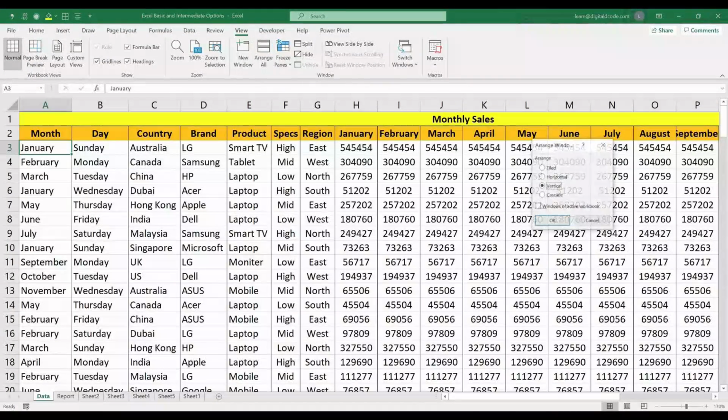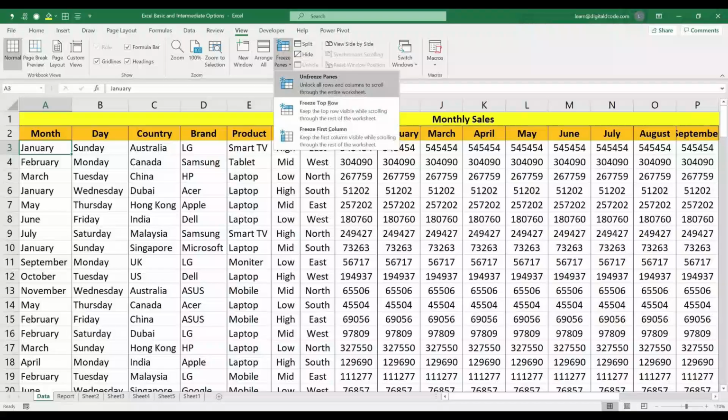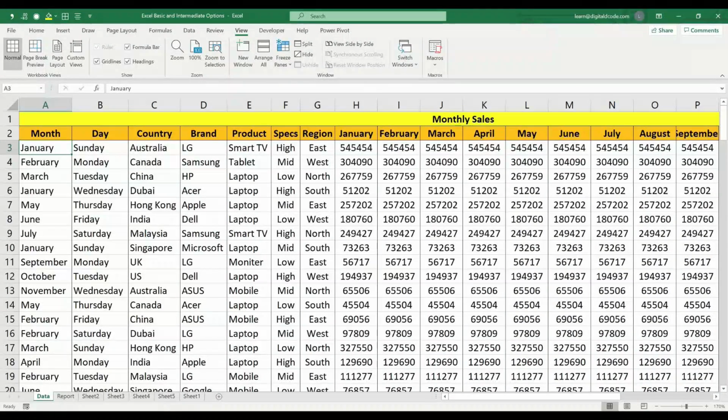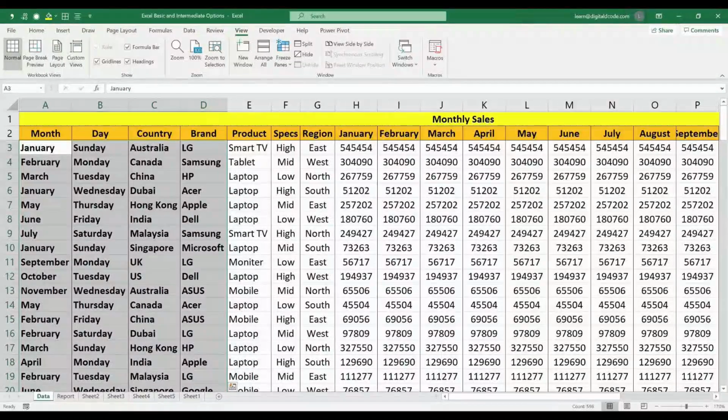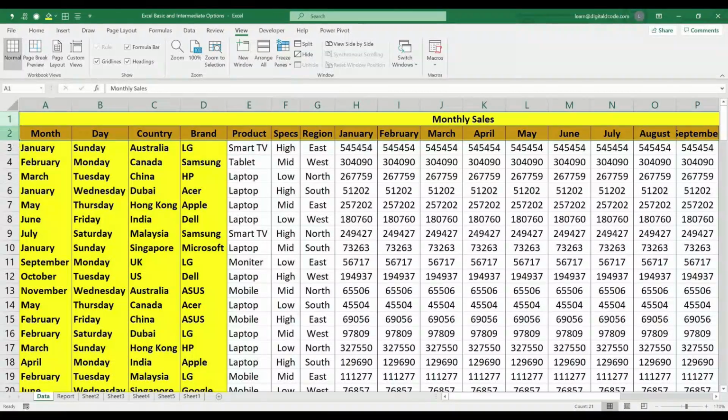So how can I freeze the column? Let me unfreeze. To freeze columns, you have to define first how many columns you want. I want the first 4 columns. I'll make it bold and give it color. I want to freeze only these 4 columns and leave the rest. In that case, you can keep your cursor just next to that. So how did we do it for rows? We needed to freeze rows 1 and 2, and we kept the cursor on row 3.